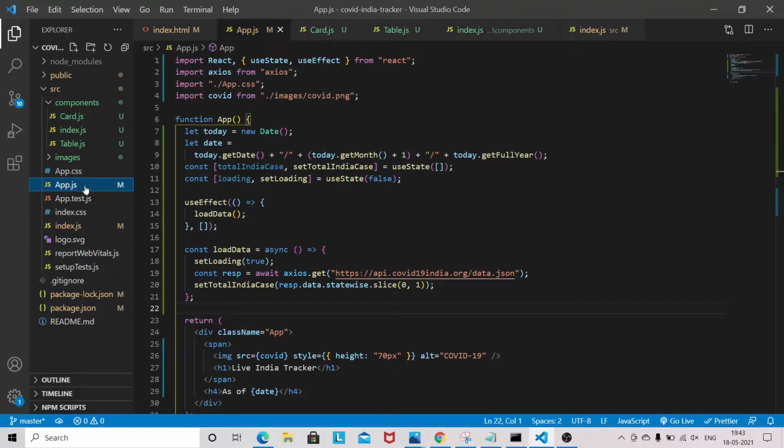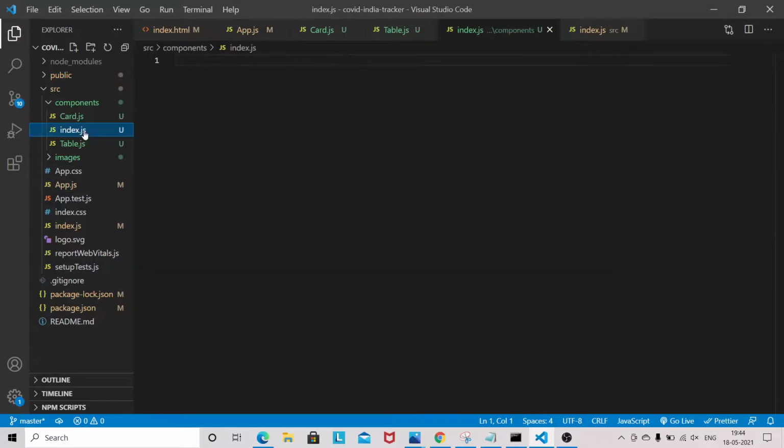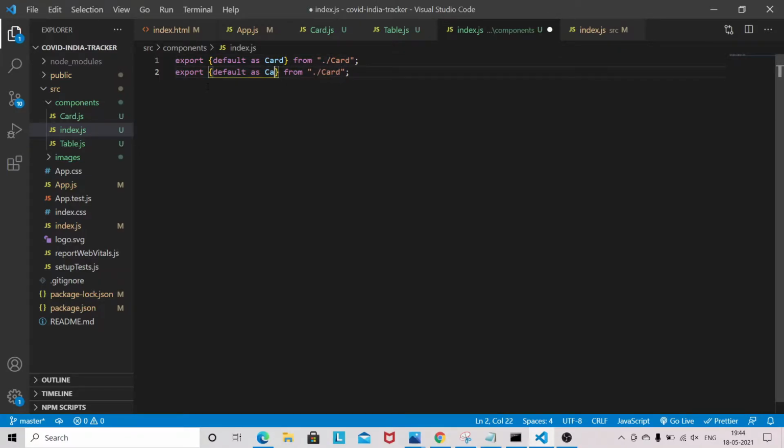so first import the card. Okay, so the card component we can import from here. So I will do just some basic thing here. Export default as card from, and the same thing goes for table.